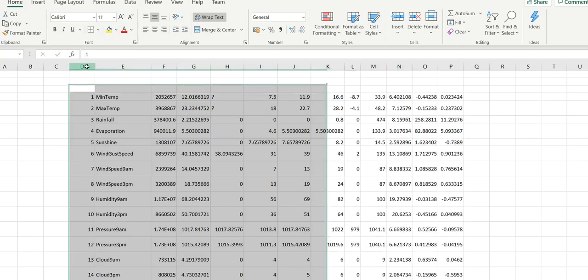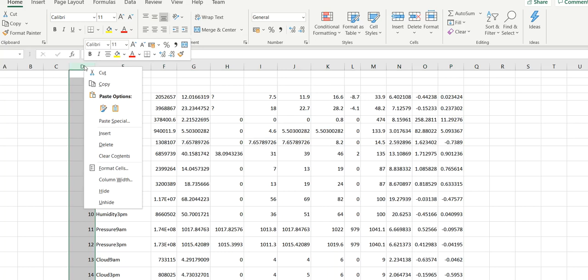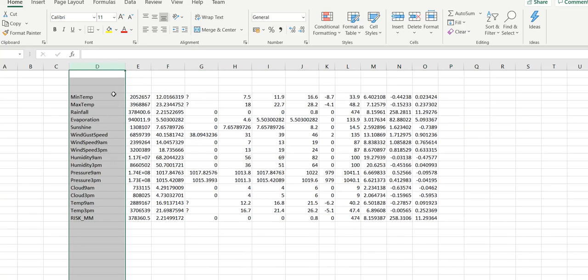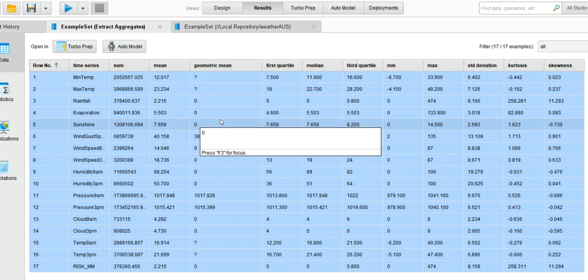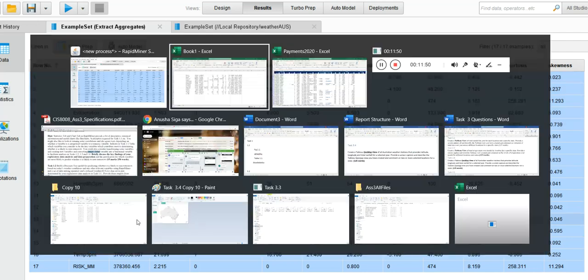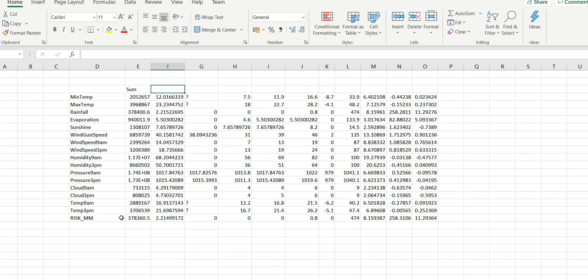So this is fine, not a problem. I'm removing this one, delete. And what is this? The first one is the mean, geometric mean,